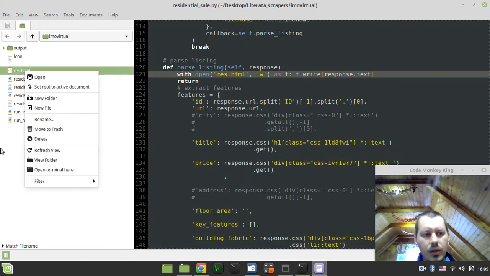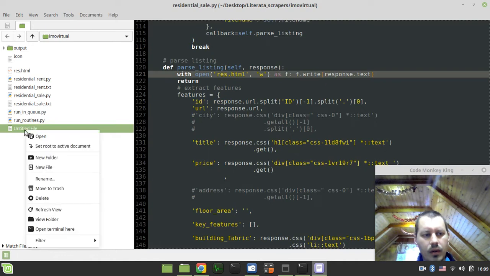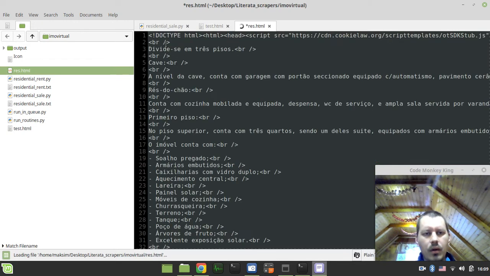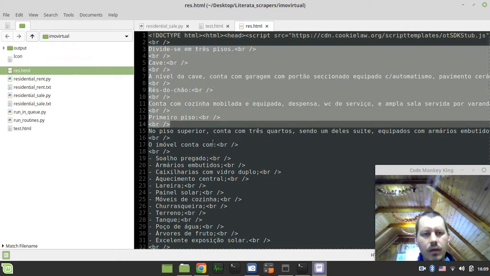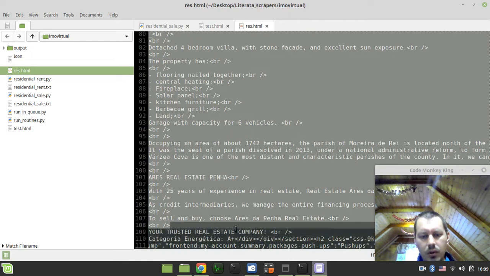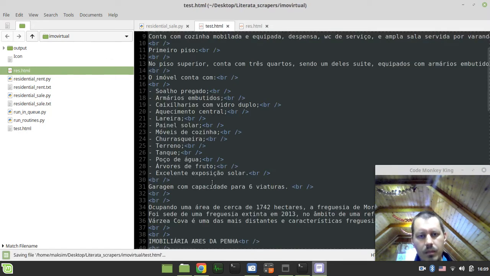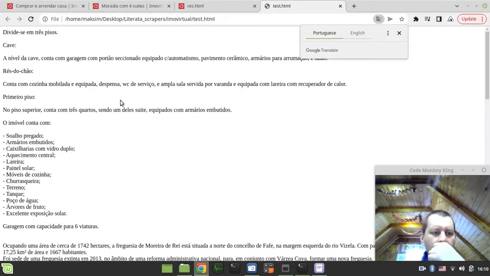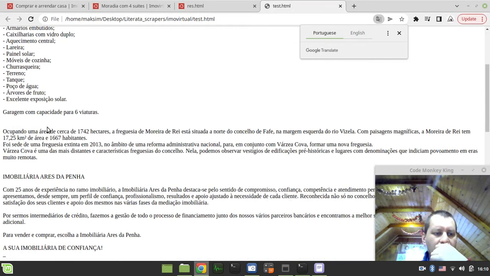Let's just create a new one and call it test HTML. I open this one, and from here I just want to grab this data and see visually how it looks up to here, for instance. And paste. I just can't see this visually at the moment. I just want to make sure this is the actual data.